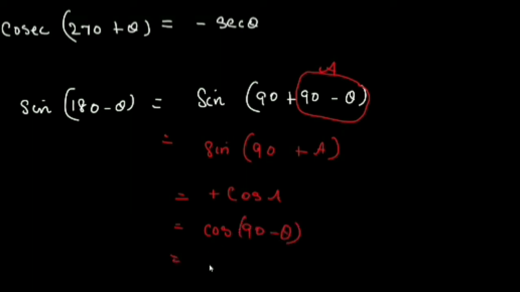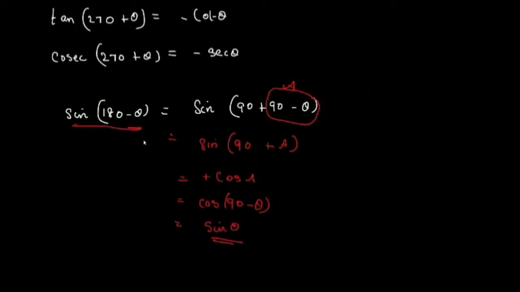What is cos 90 minus theta? Once again use the same concept. Cos will become sine. First quadrant, all positive. So what did you get finally? Sine 180 minus theta has given you the same thing. The ratio has not changed. If you write in terms of 180, you can see that the ratio has not changed. Sine 180 minus theta is sine theta itself. The sign will change depending on the quadrant.